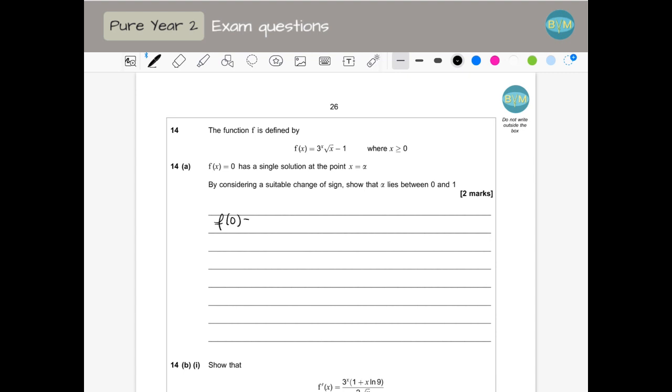So f(0) is going to be 3 to the power of 0 times root 0, which is 0, minus 1. So f(0) is minus 1. And f(1) is going to be 3 to the power of 1, which is 3. Root 1 is 1, so 3 minus 1 is 2. This one is negative, this one is positive, therefore there is a solution between 0 and